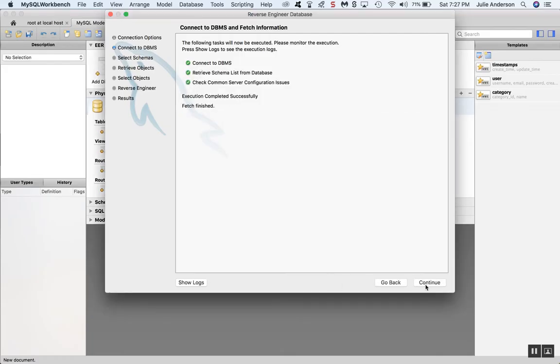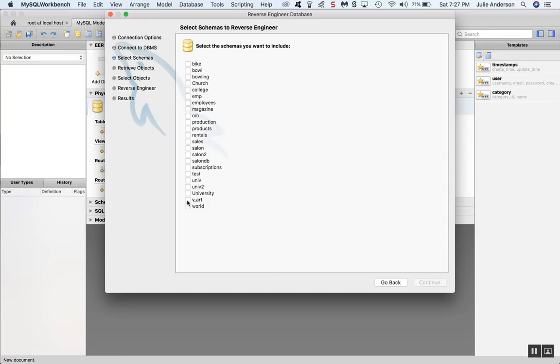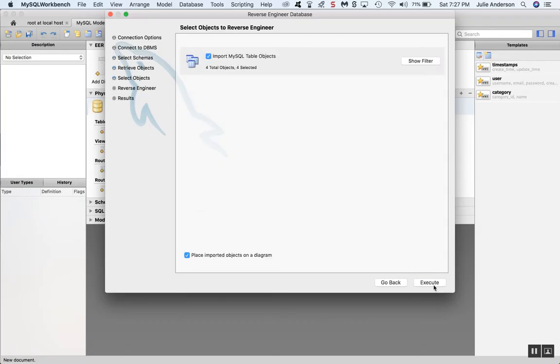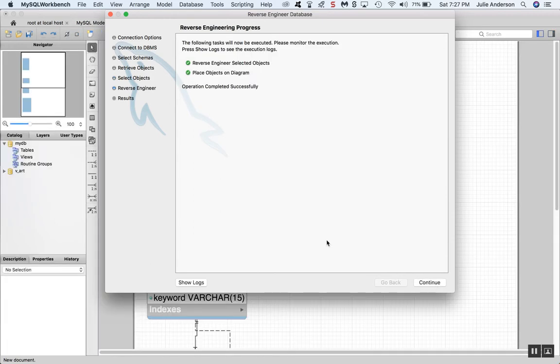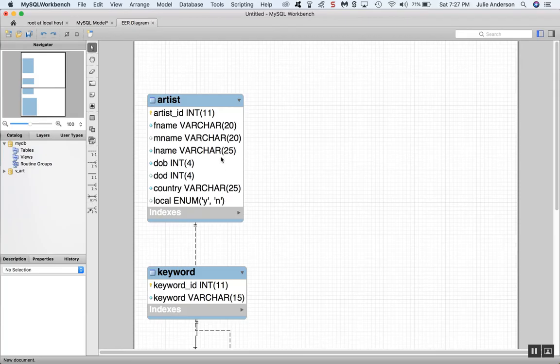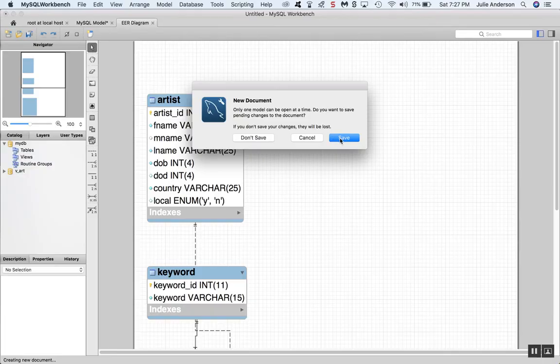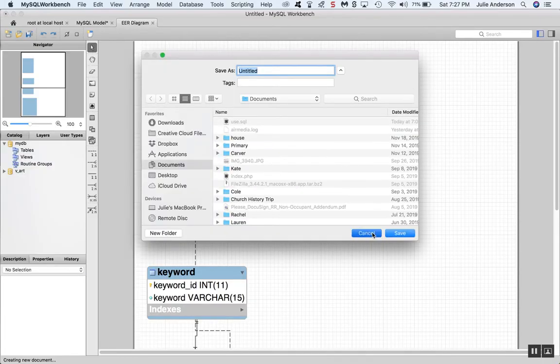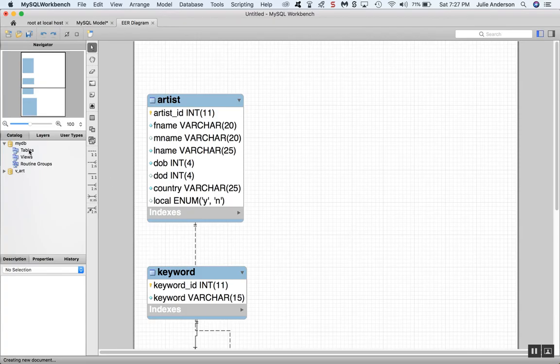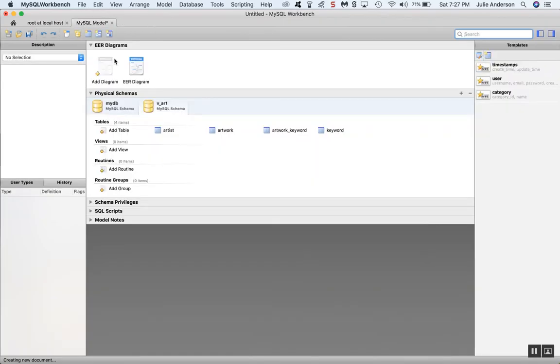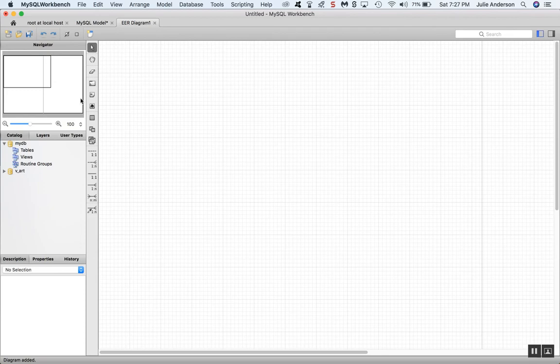Let me just hurry and bring it back up again really fast. And I had created this ERD diagram. Then I went in and I said File, New Model, and I clicked Save. You'll see, actually even if I don't click Save, you'll see that all of a sudden I have 2 different names here. So if I close this out, and I've got an ER diagram here because I already had that opened, and I click Add Diagram again, I've got 2 different things listed here, vArt and a new MyDB together,